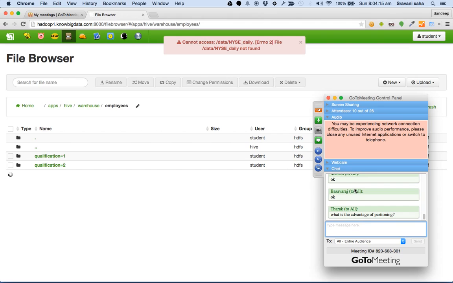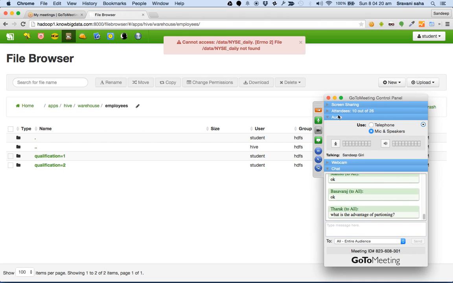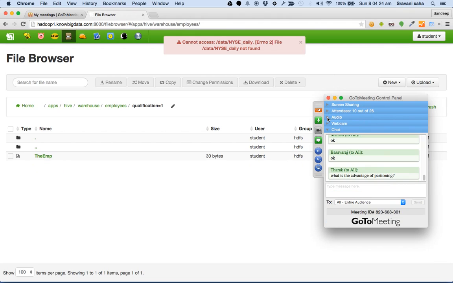The advantage of partitioning is we will be able to,